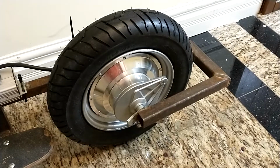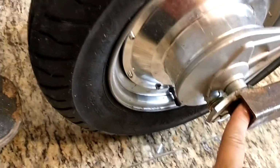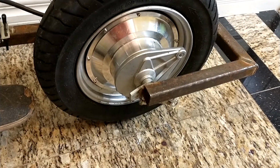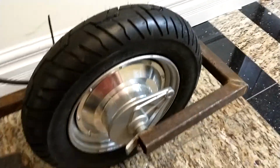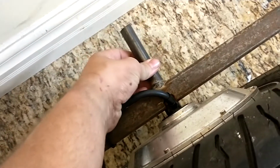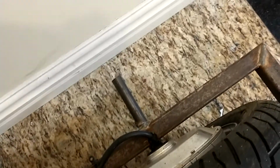What I've done for now is just to mount this. The wheel didn't come with any nuts on these shafts. They're threaded coming out, and then they've got a little flat spot on them just to prevent them from spinning. There were no nuts, and my quest to Home Depot was unsuccessful to get some nuts for it. But conveniently, while I was there, I did find this, which is not solid rod, it's a tube, and the internal diameter of the tube was just perfect that it actually kind of threaded on the